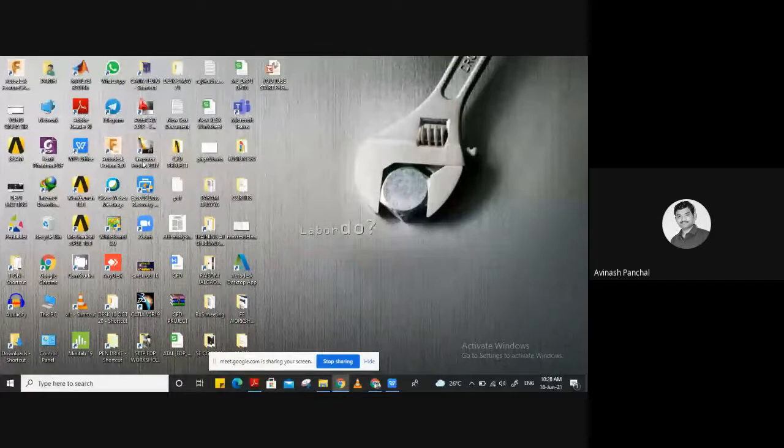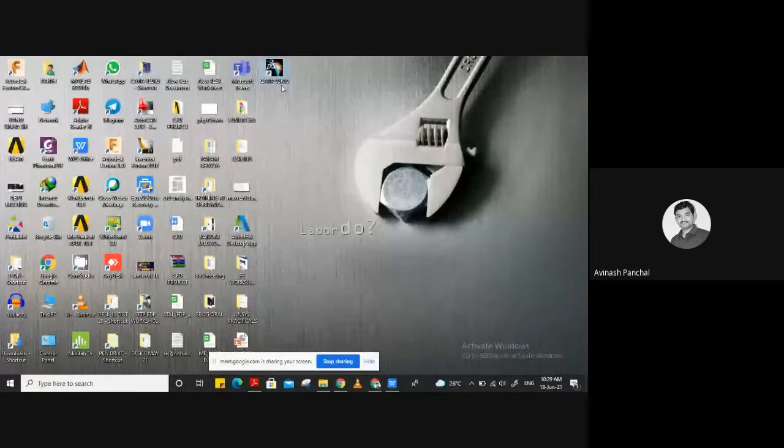Okay, so now we will turn toward our CATIA software. Okay, so you can see this CATIA software. We have this software here. Okay, yes, CATIA V5R19. This is the 19th version of CATIA V5.